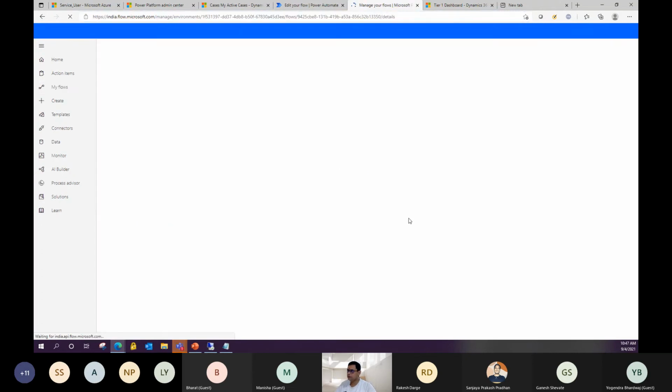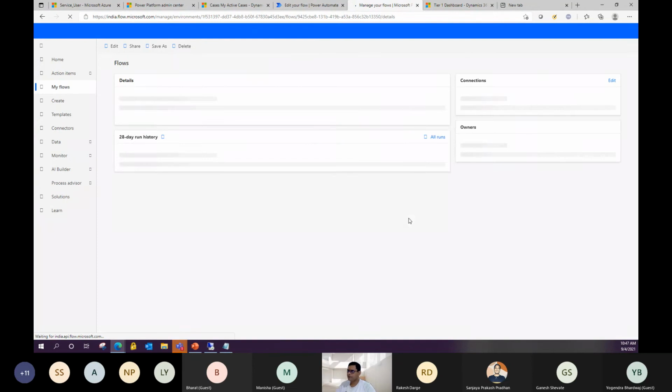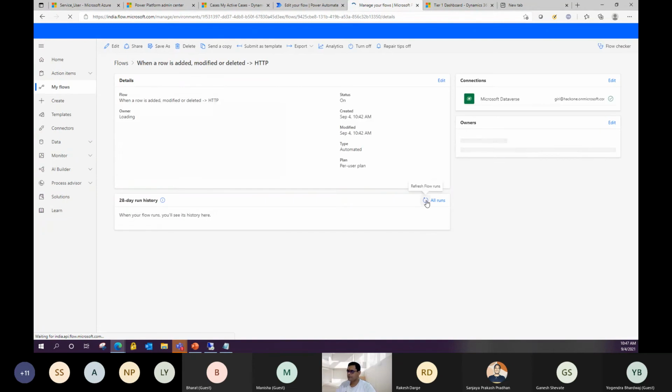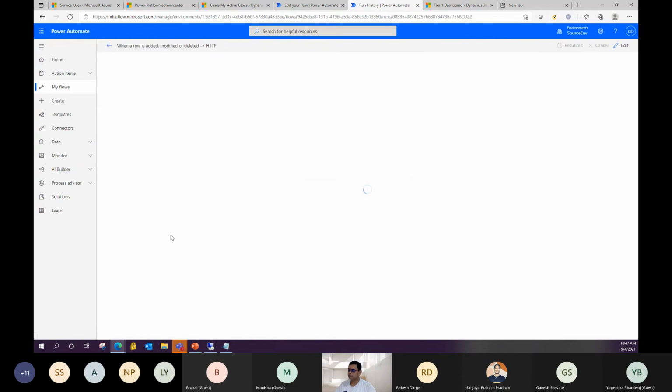Time to reflect this. This is the source environment Power Automate, and you can see the case ID that we are passing here, we will retrieve in this Power Automate job.